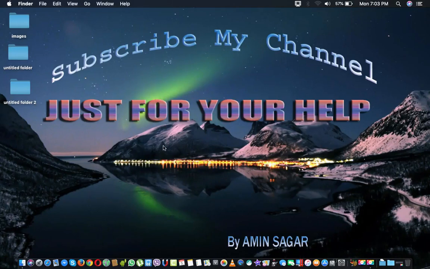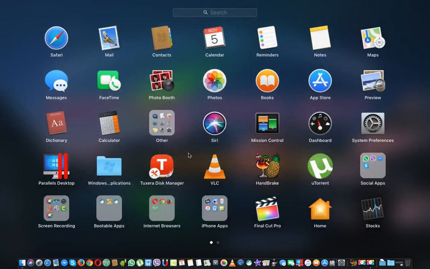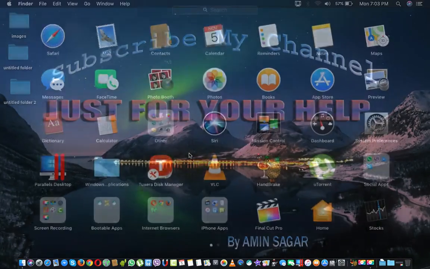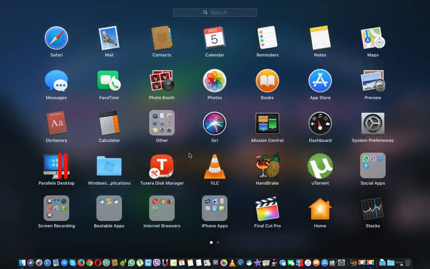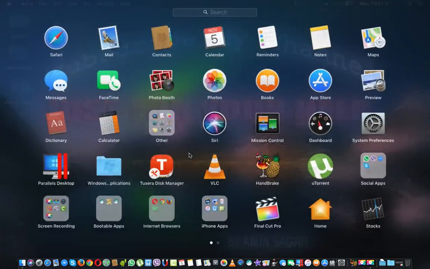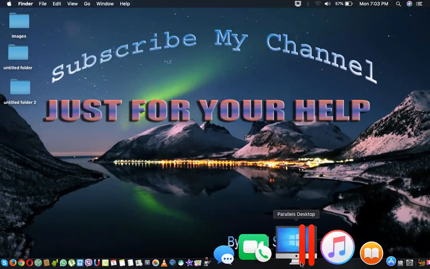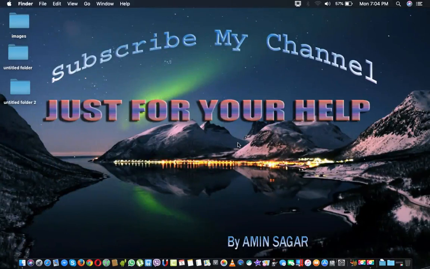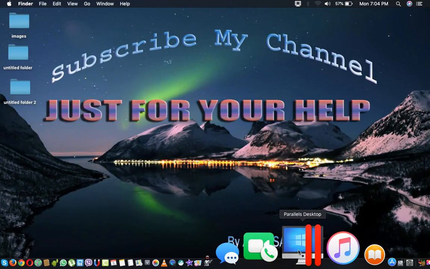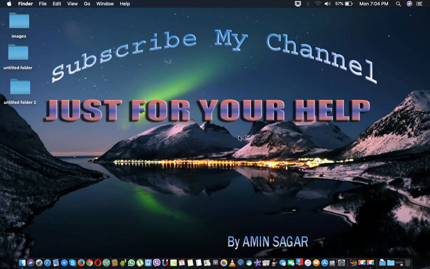Today's topic is about how to install multiple operating systems on just one PC or one laptop. You can run multiple operating systems at the same time on the same PC. For that you have to install Parallels Desktop, Mac version, and you can also use the Windows PC version. So first download and install Parallels Desktop from the link in the description, and after that install it